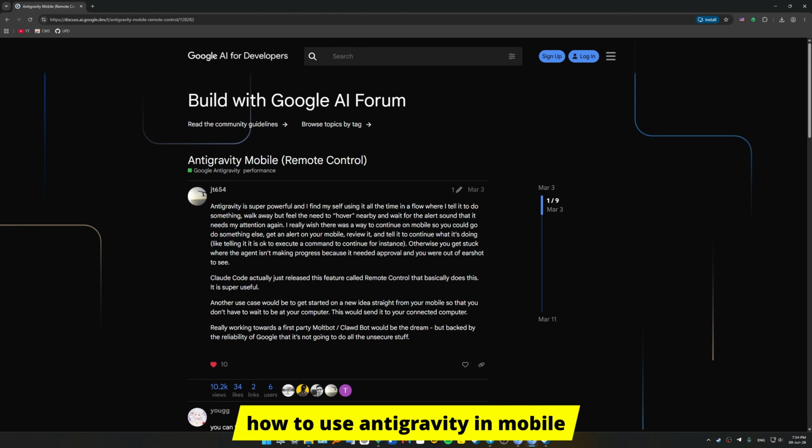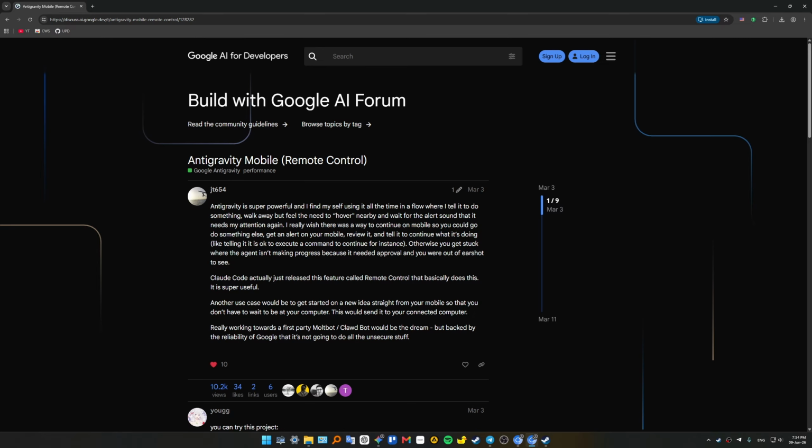How to use anti-gravity in mobile. So if you're looking for the classic anti-gravity Python Easter egg on mobile, you are hitting a wall. Mobile browsers lack a native Python console. However, if you are a developer looking to build anti-gravity physics into a mobile app, you need to leverage the